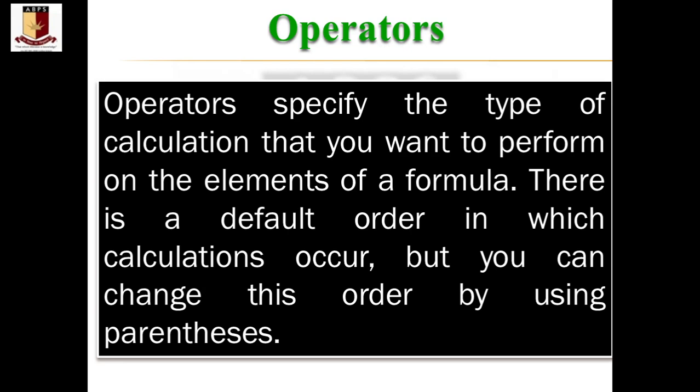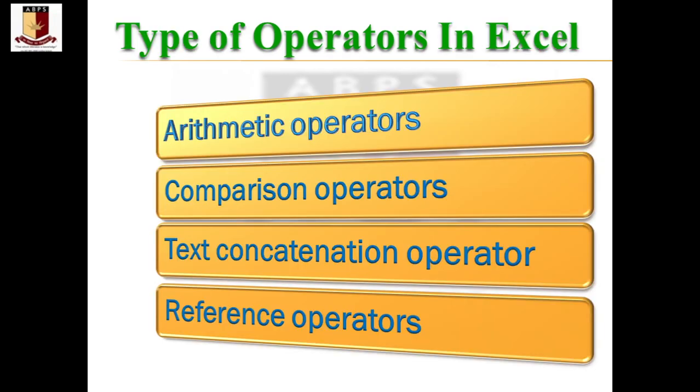So let's move. First, we'll check what the different types of operators available are. These are the different operators available in MS Excel. Arithmetic operators are generally used for arithmetic operations, like mathematics. Comparison operators are used for comparing values, and these generally return a Boolean value. Boolean value means the result comes as true or false, and on the basis of this true and false we can perform calculations.